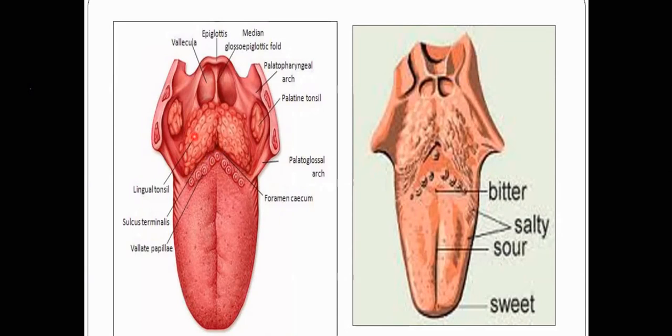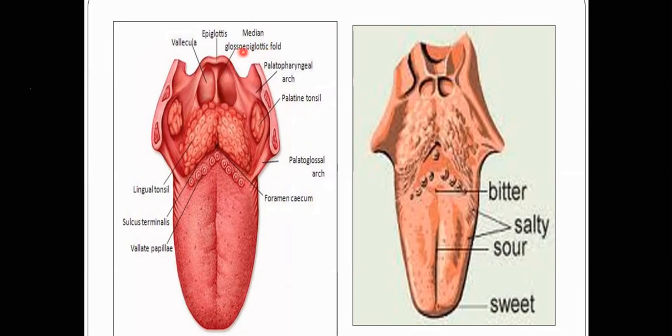So behind, in the posterior 1/3 of the tongue, you can see we have a lymphoid aggregation of tissue, which is called the lingual tonsil. And behind, at the end, this is the epiglottis. This epiglottis is a cartilage. Okay, and this cartilage is giving attachment to the tongue through this median fold, which is called a median